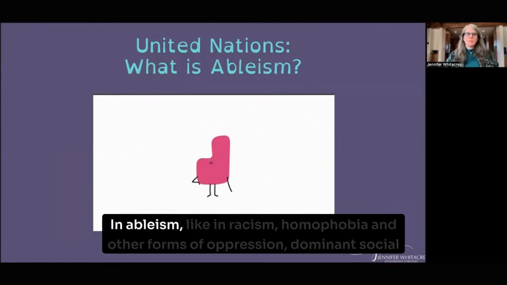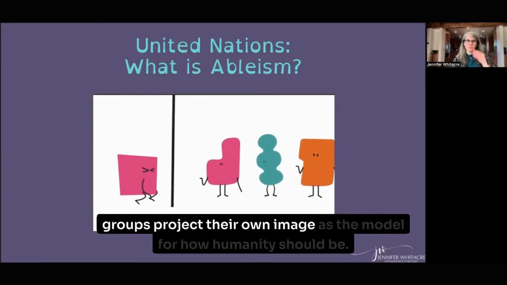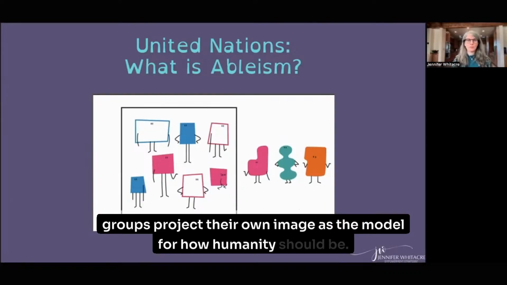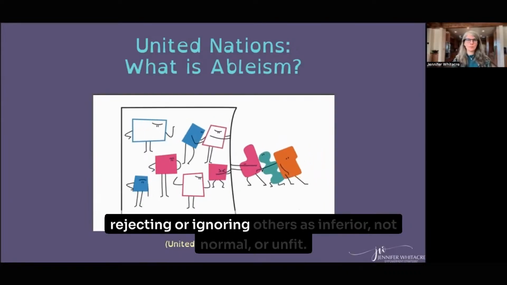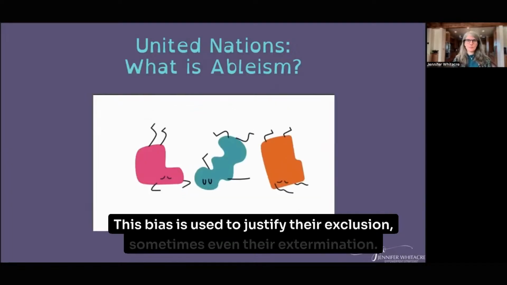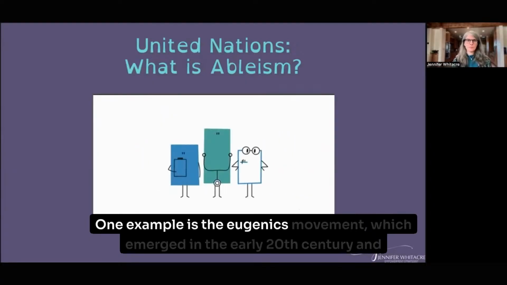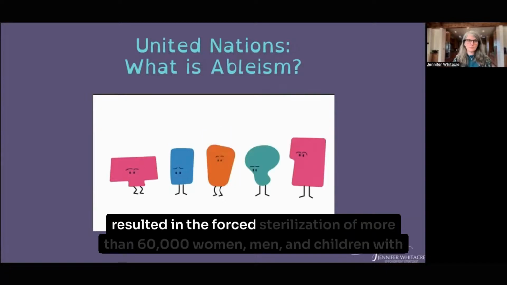In ableism, like in racism, homophobia, and other forms of oppression, dominant social groups project their own image as the model for how humanity should be, rejecting or ignoring others as inferior, not normal, or unfit. This bias is used to justify their exclusion, sometimes even their extermination. One example is the eugenics movement, which emerged in the early 20th century and resulted in the forced sterilization of